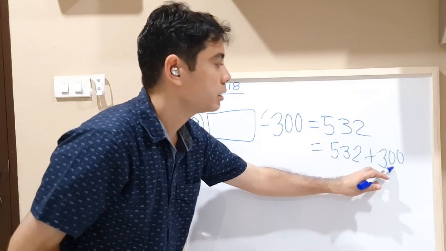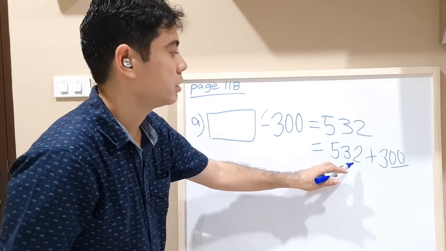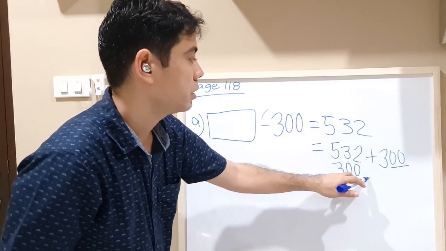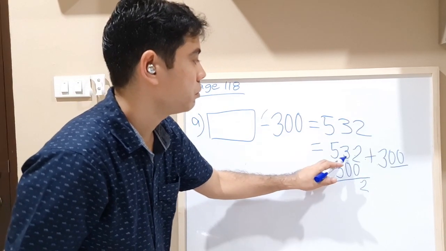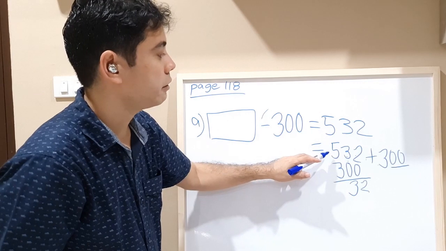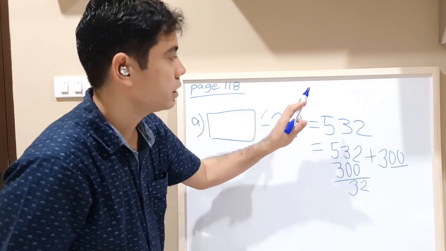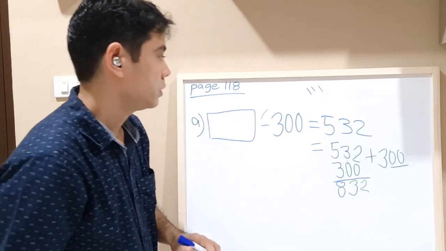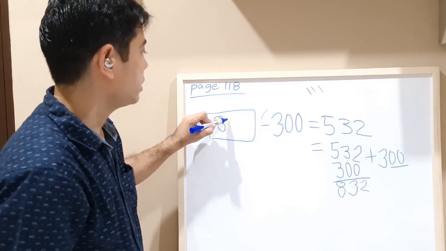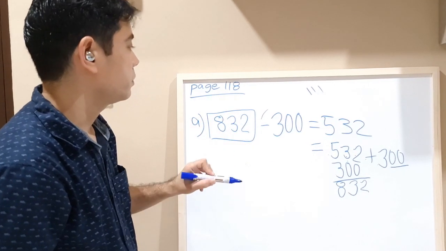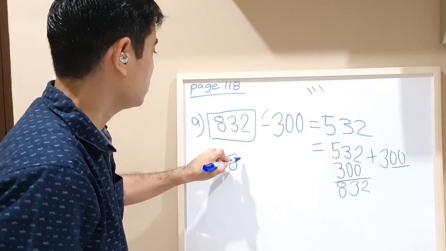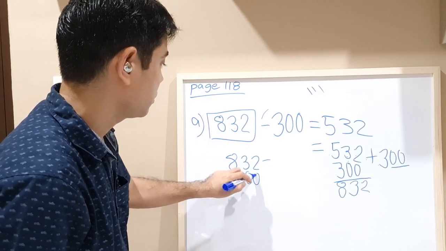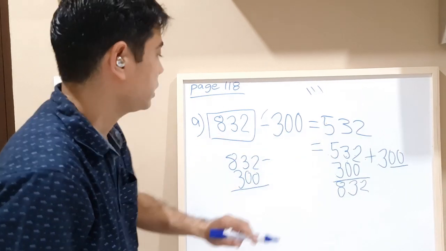There is a shortcut. See? 2 zeros. So 0. And then the 3. So bring down 2. Bring down 3. And we can add 5 plus 3 is 5, 6, 7, 8. So the answer is 832. So 832 minus 300,